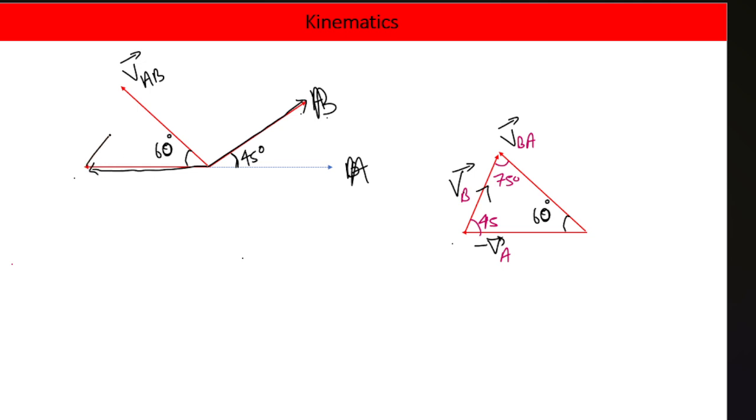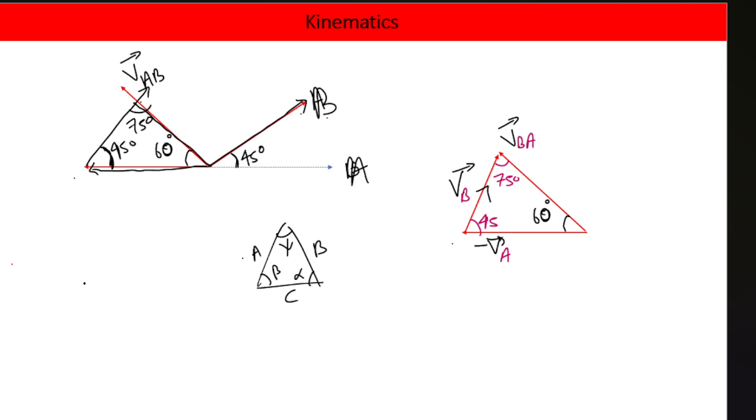VB, bring it here parallelly. We can translate it parallelly, and if we do that, this is the resultant. Done. So this angle is 60 degree. VB is making how much angle with the x axis direction? 45 degree. This angle will become how much? That will become 75 degree. Now you can use the sine law, which is a law of trigonometry, that if we have a triangle like this, take the sides A, B, C in terms of length, and let's say this angle is beta, and this angle take as gamma,